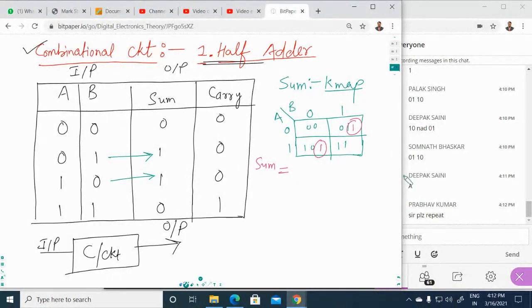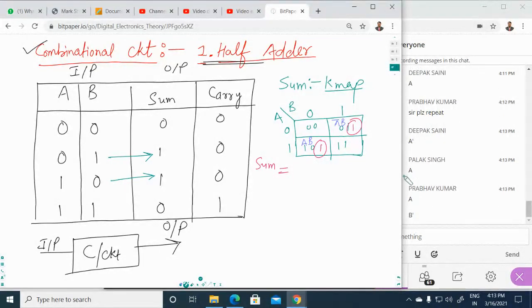You can use directly the value. Okay, so right here, this is 0 and 1. So what does this 0 mean? 0 means your value is A bar. Okay, this is A bar, and this is B. This 1 0 means 1 is A, and 0 is B.